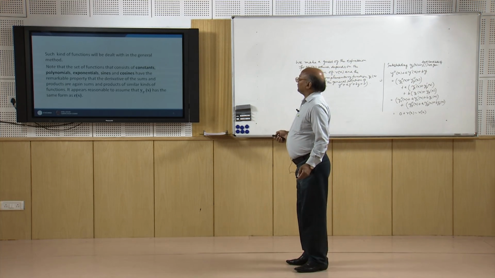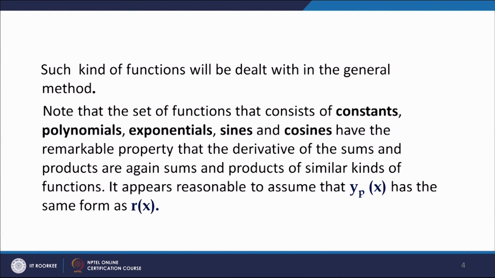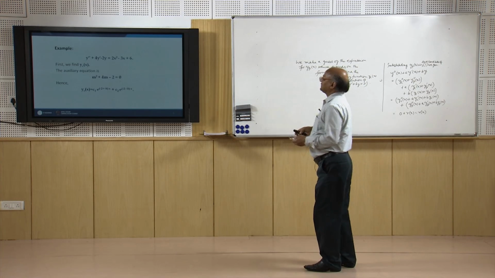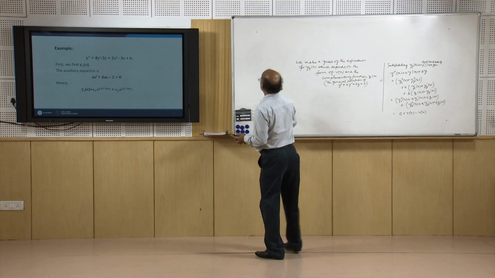Now let us see, if you take the constants, polynomials, exponentials, sines or cosines, the remarkable property of those functions is that the derivatives of the sums and products of such functions are again sums and products of similar kinds of functions. So, in order to assume the form of y_p(x), it is reasonable to assume the same form as that of R(x). Now, let us take an example, say